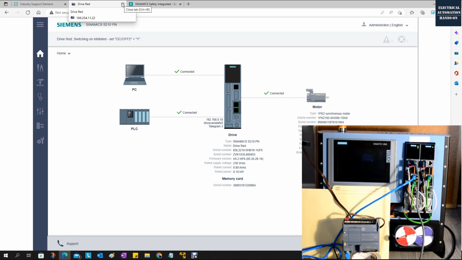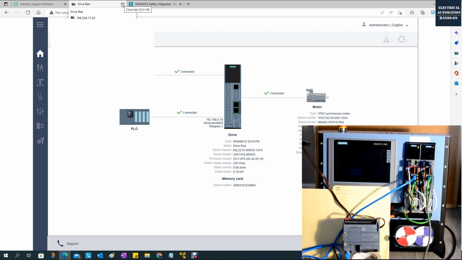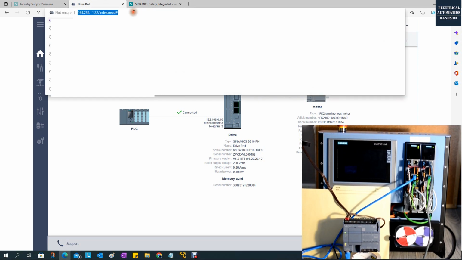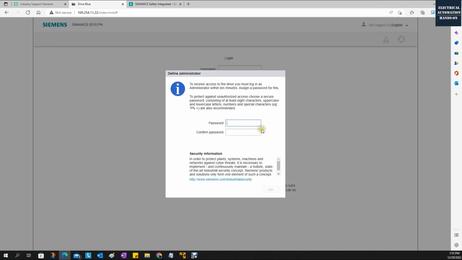And now I can unplug the left side motor and connect to the right side. Okay, now I'm connecting the right side, the blue drive, and I can type in this IP address again. Okay, this drive comes from the factory setting. So the first time I need to set the password, I will set the same thing,